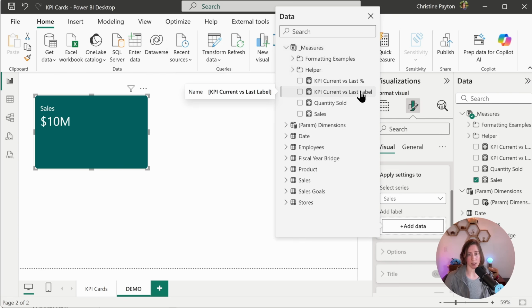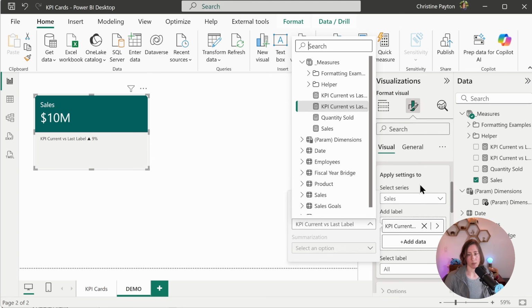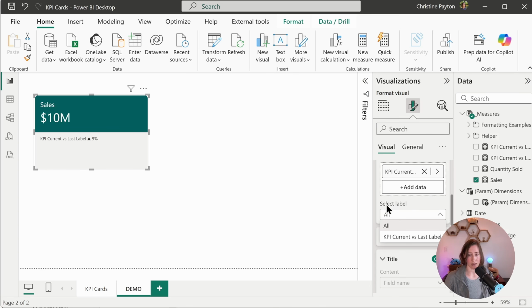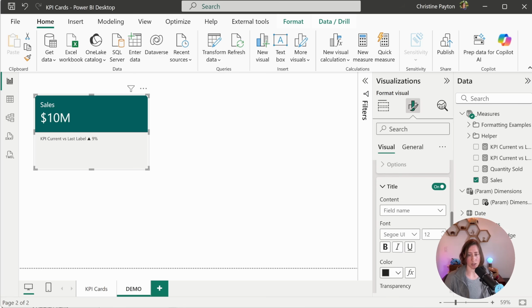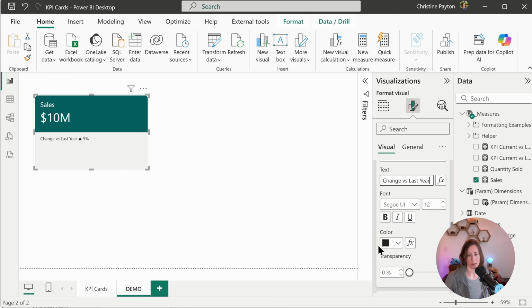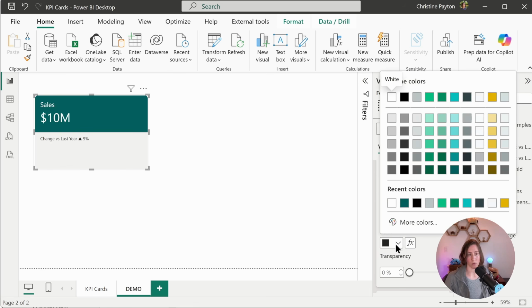We're going to use this label text that we created here. So select it from this menu and then we can rename it. We can select it from the select label drop down here. And that gives us a title section. So you can either use the field name or you can set a custom text label. So you want this to be something short. I can say change versus last year and set the color to white because we're going to remove that border